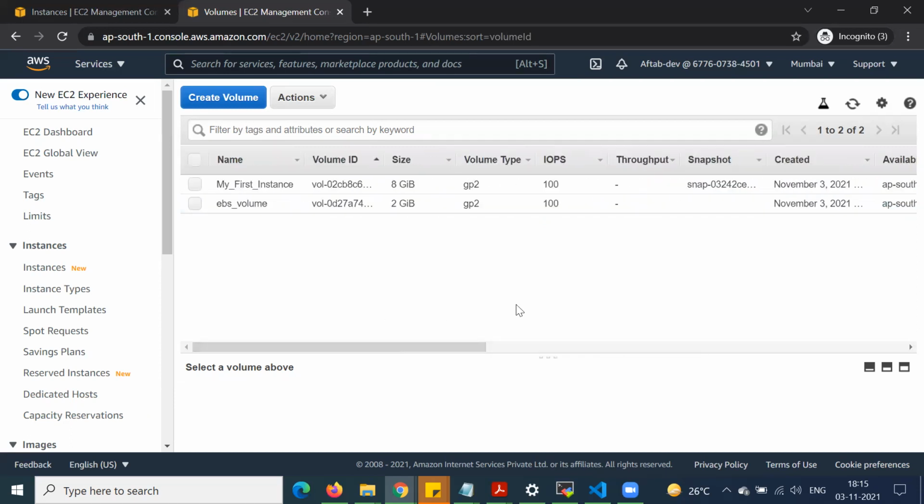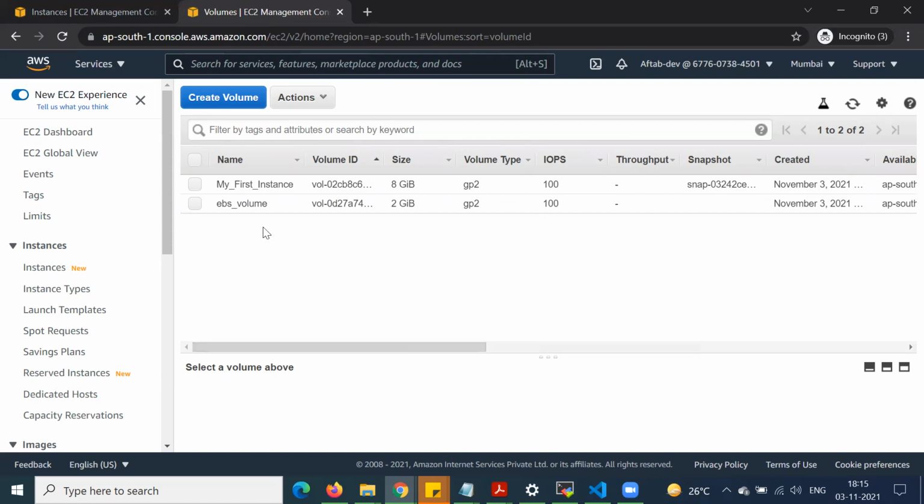So one EBS volume we can attach to one EC2 instance, but at a higher level, like in a production server, there is a possibility to attach multiple EBS volumes to a single EC2 server, right? We will discuss that also in our next session.